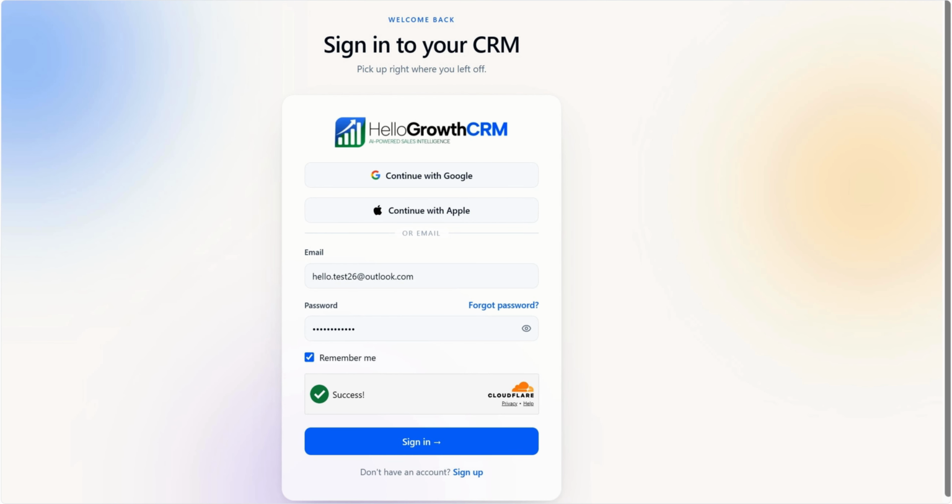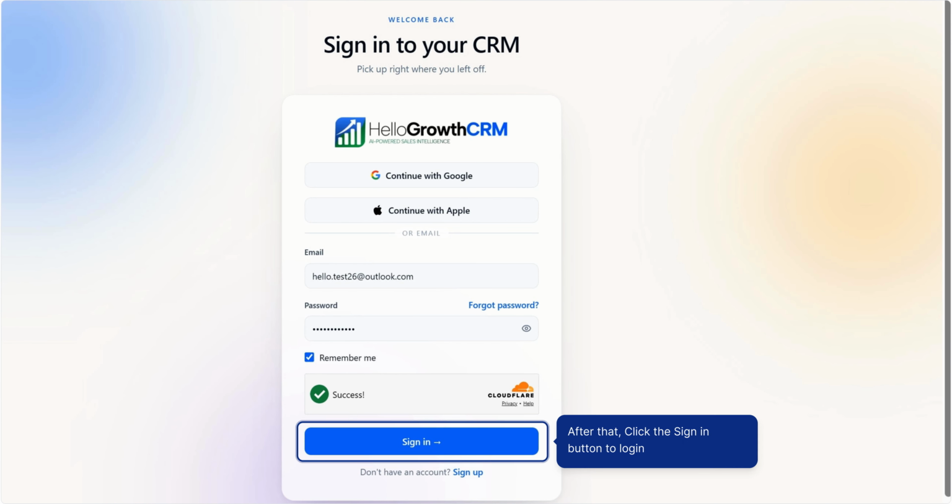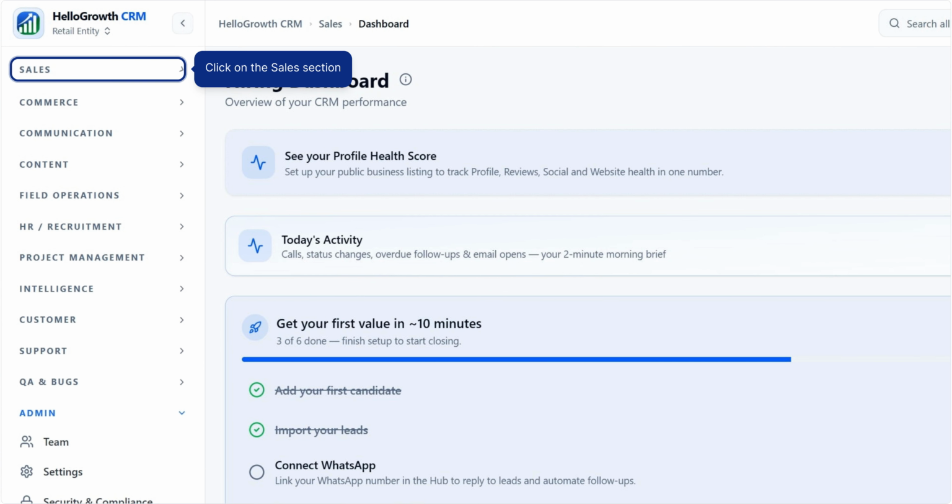Enter your login credentials to proceed. After that, click the Sign In button to log in. Click on the Sales section from the sidebar to access all lead management tools, including leads, follow-ups, pipeline views, and